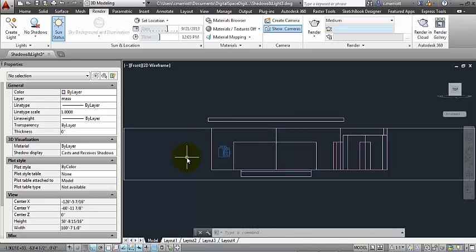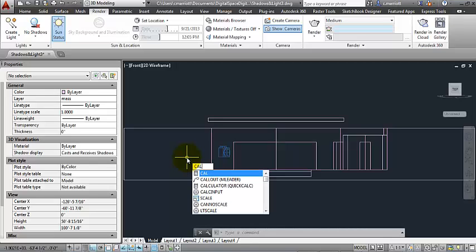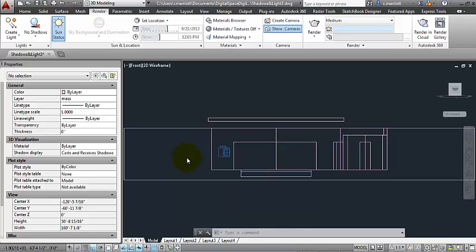Now AutoCAD has a calculator embedded within it. And what you can do at the command line is type in CAL, and that takes you to the calculator. All right, and it'll ask for the expression, and I'm going to put 144, and I'm going to divide that by 7. Now 7 is a rough riser height, so I'll press enter, and it's going to tell me 20.57